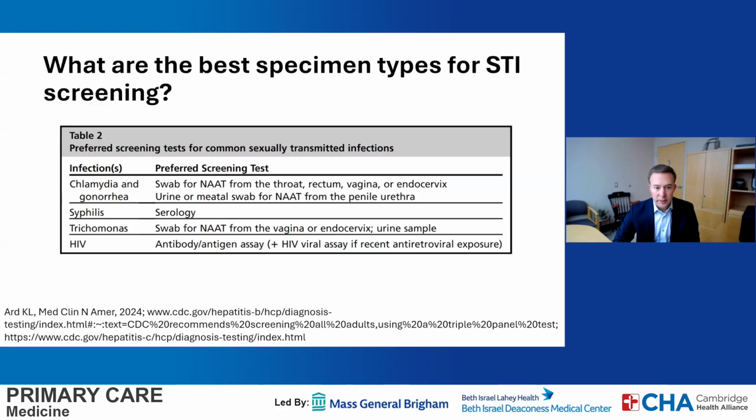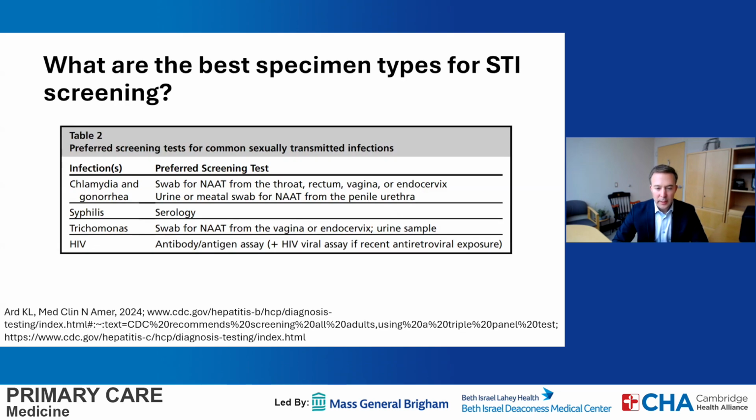For syphilis screening, we're doing a serology, and depending on the laboratory, that may begin with a non-treponemal test like an RPR, or with a treponemal test like a treponemal antibody. And then if that's positive, it's reflexed to confirmation with the opposite type of test. So if the RPR is reactive, the next test performed would be a treponemal antibody. If the treponemal antibody is reactive, the next test performed would be an RPR. And it's very important that the laboratory follows that algorithm so you know if this is a true positive result or if the initial test was a false positive.